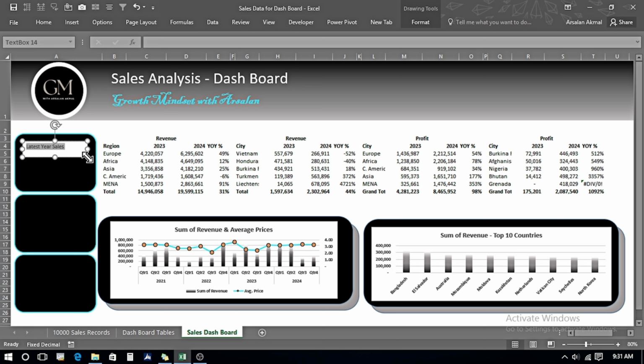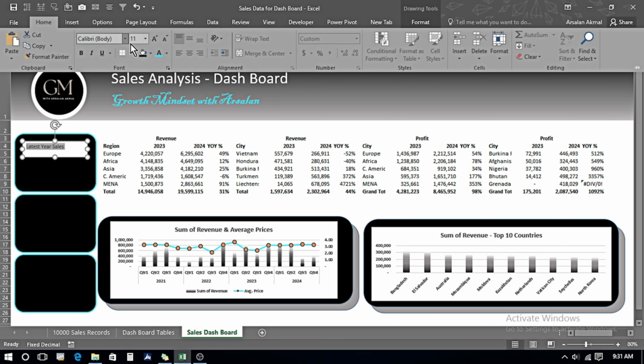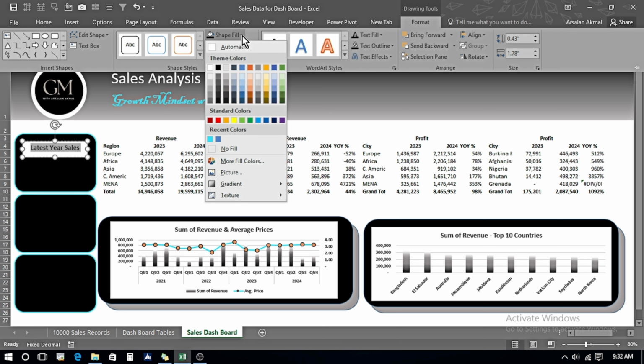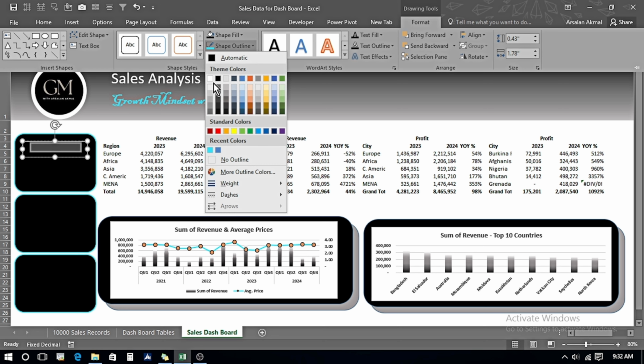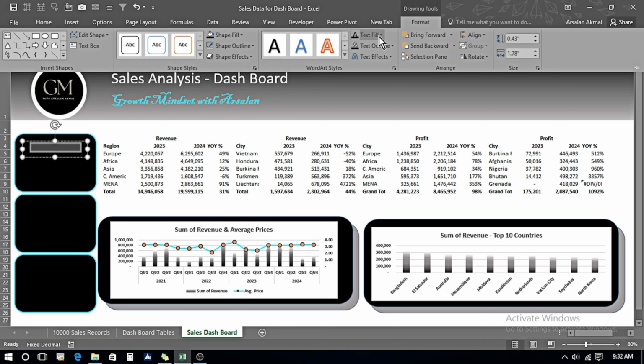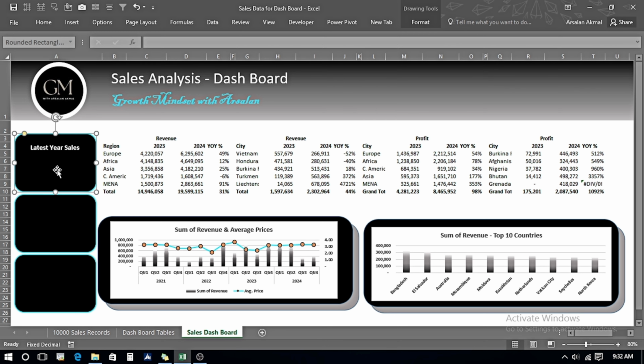Make it a little bit more prominent by increasing the font size, bolding it a bit, and center aligning it. Now go in the Format, Shape Fill is going to be black, Shape Outline, no outline, and the text is going to be white.